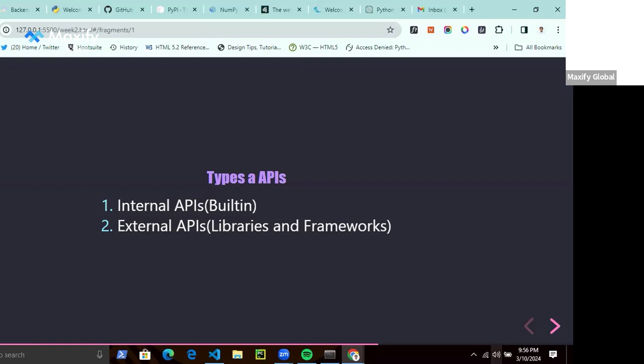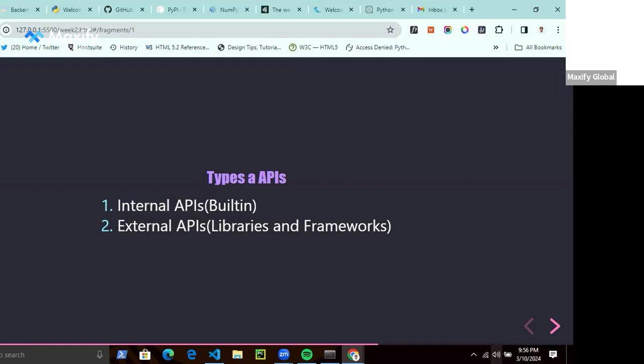Then another example of external API is web APIs. Web APIs are examples like Google Maps, Twitter APIs, Stripe payments, like I said, Algolia, Zoom, all of these things. All these solutions we use, software products we use every day, they have APIs built in. So they are examples of web APIs. Aside from libraries and frameworks, we can actually make use of web APIs. They are also external APIs.